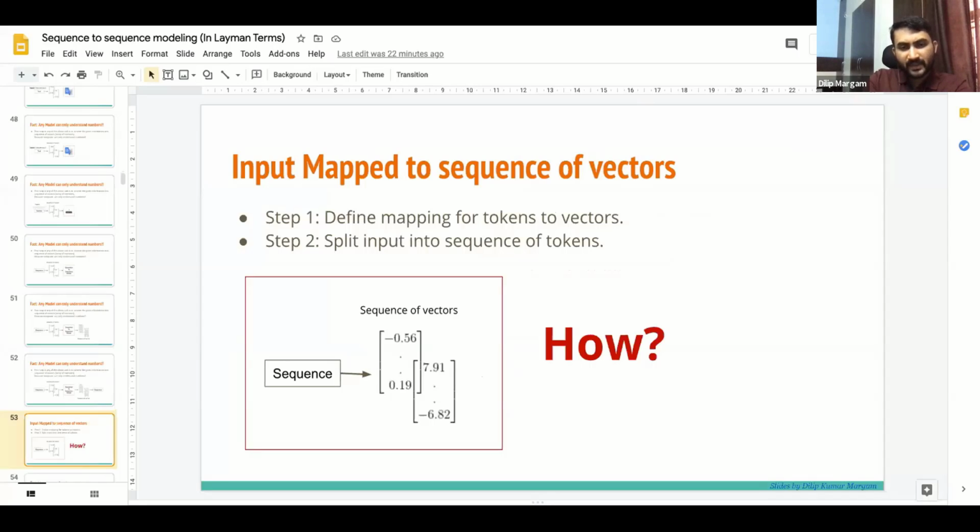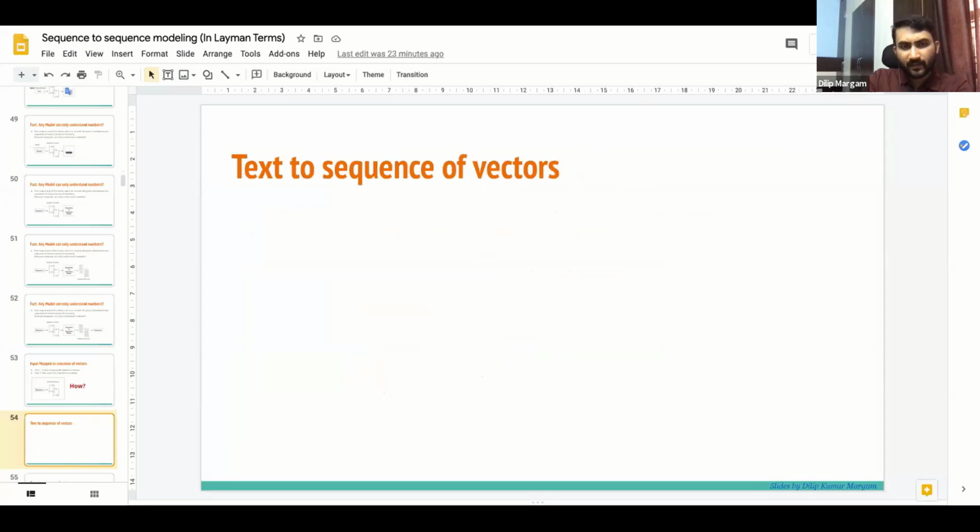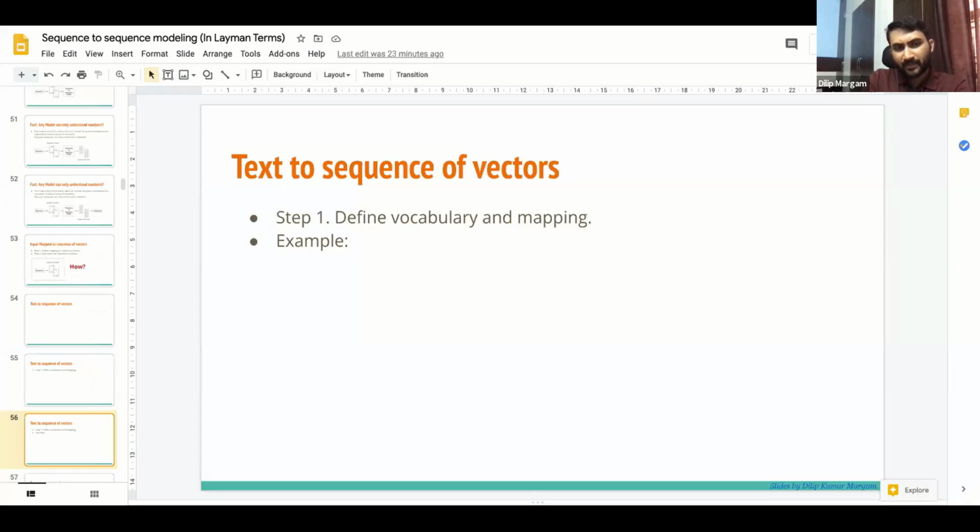How is the input sequence converted to a sequence of vectors? First, let us look at text input, and how text input is converted. There are two steps here. First, we define a text vocabulary, and then we define a mapping. Let's define an example vocabulary.